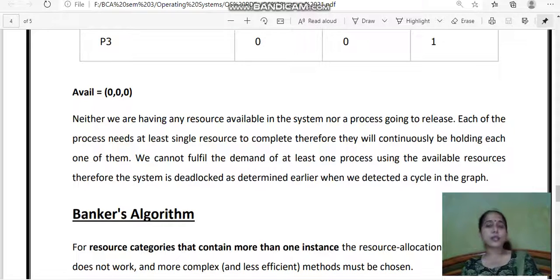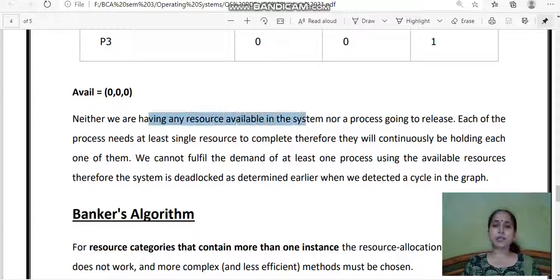नाउ अब क्योंकि 3 रिसोर्सेज है, तीनों के सिंगल इंस्टेंस है और तीनों रिसोर्स ऑलरेडी 3 प्रोसेसेस को असाइंड है, तो अवेलेबल फ्री रिसोर्सेज अभी कितने हैं हमारे सिस्टम में? 0,0,0 मीन्स R1, R2, R3 की कोई भी इंस्टेंस इस वक्त फ्री नहीं है। Neither we are having